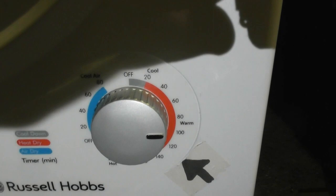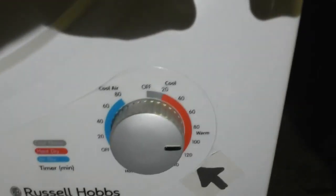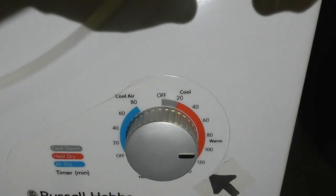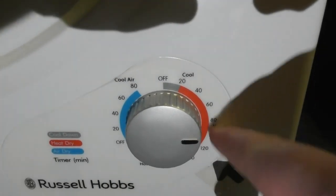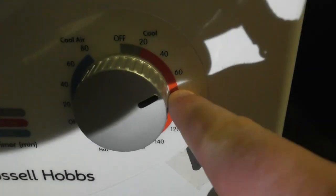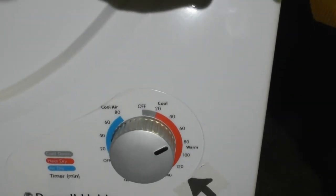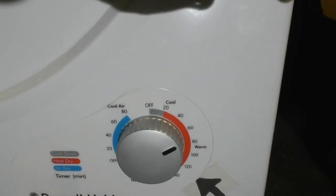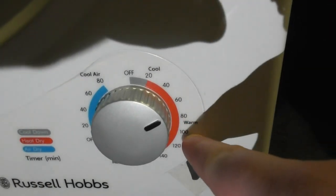On this one, that's the 80-minute dry you've got there, which we did use for whites at the time. That takes up to 1 hour. And then here you've got the 60-minute dry, which just goes up to 1 hour. And this one has a 60-minute time on warm, which is a warm setting,